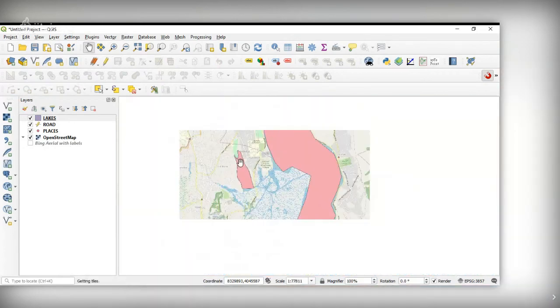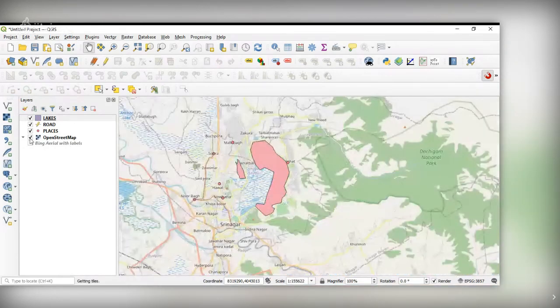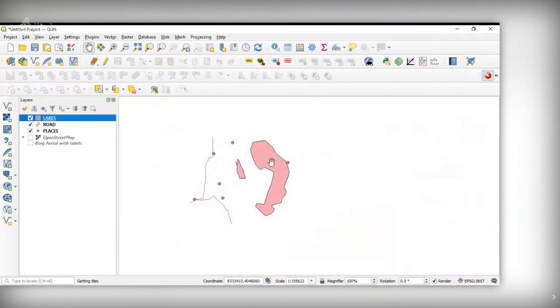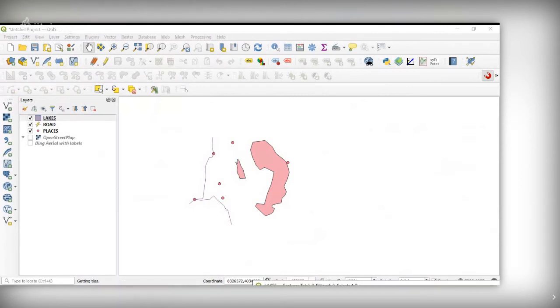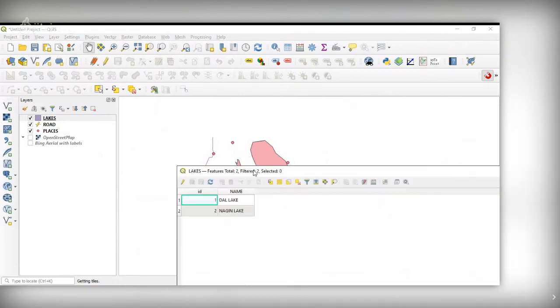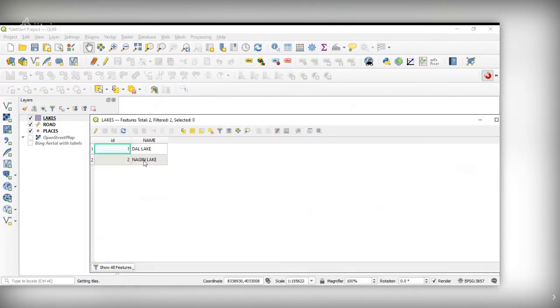Now you have all the three data types: points, line, and polygon. So you can see the attribute information for this also. Open attribute table. The Dal Lake and Nagin Lake.